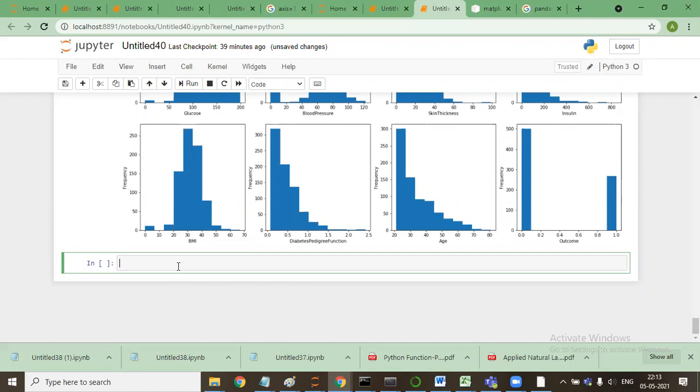What is a bivariate plot? Bivariate plot is a plot when we are plotting two values. Say one is x, second is y. The line chart that we have seen. The third is multivariate. Multivariate is when we are plotting multiple variables together. For that, we use heat map. We use correlation matrix. So I'll tell you some examples of univariate plot, bivariate plot, and multivariate plot.